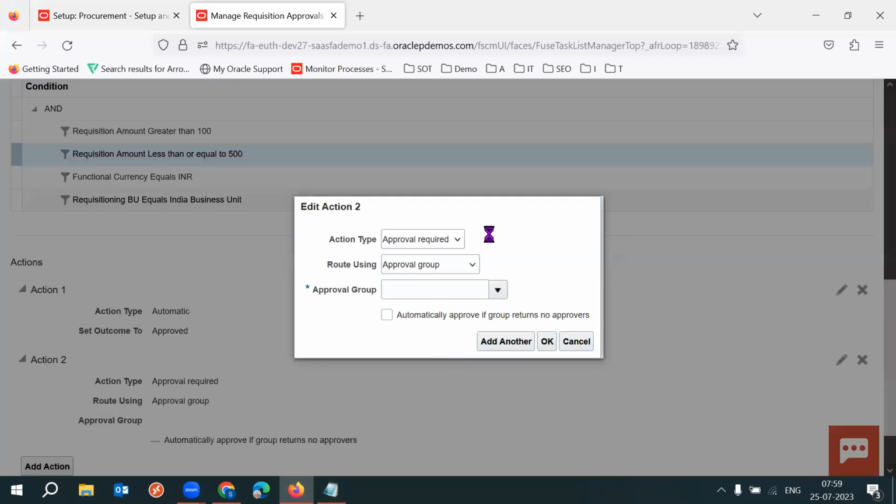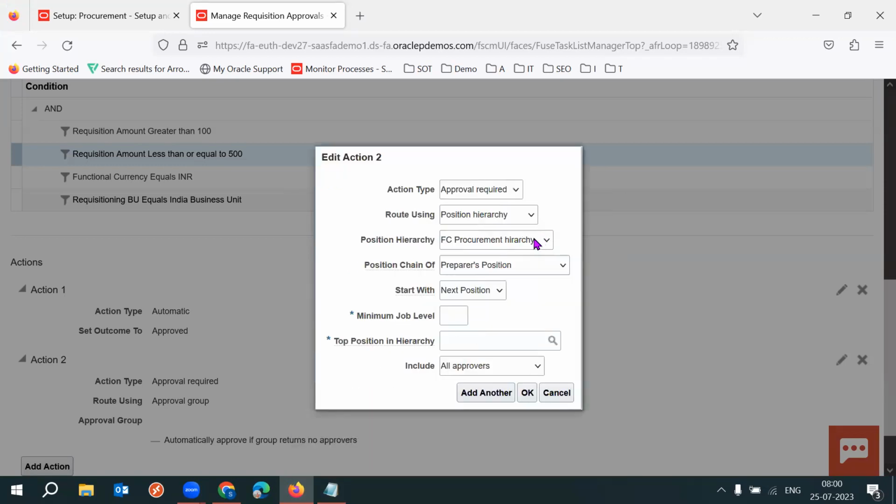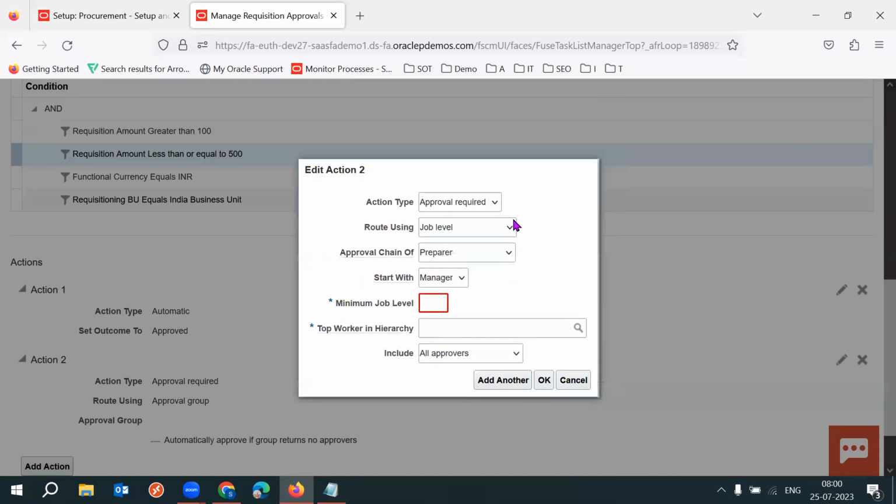So in case of approval hierarchy, I covered two: one is the supervisor hierarchy and another one is the single approver. Now I'm covering the position hierarchy. Sorry, not position hierarchy, job level hierarchy. Okay. The approval should start from whose job? Either requester job or preparer job. I'm selecting requester job. Okay. And job level. Okay. So here,